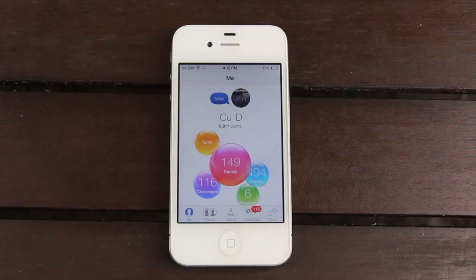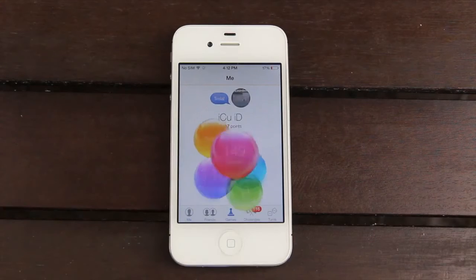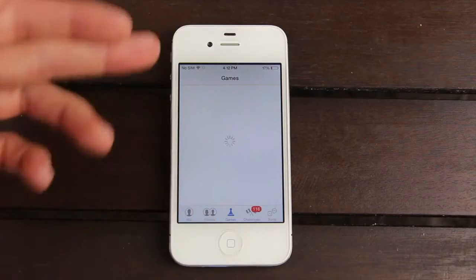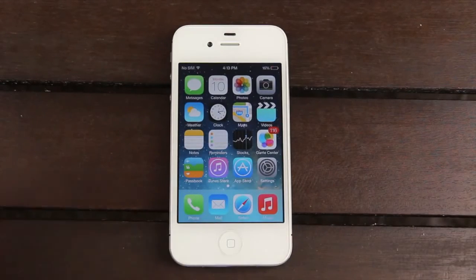And now here's Game Center. It definitely has an interesting and more whimsical interface with these sort of bubbles here that you can navigate through different portions of Game Center. So for instance, if I tap on the Games bubble, all of them will fly off to the sides, and I'll be taken directly to the Games tab down here at the bottom, and it will load up different games as well as suggestions. I'm not going to wait for it though, so let's hit the home button,